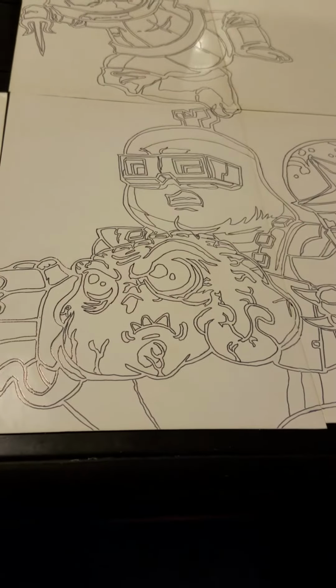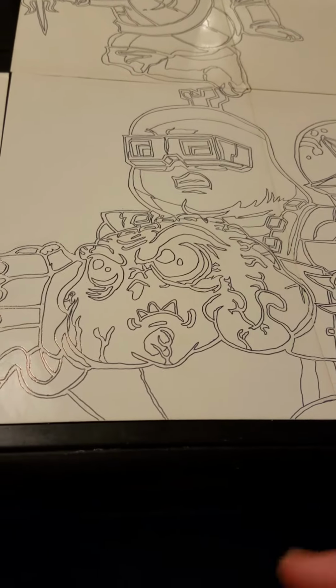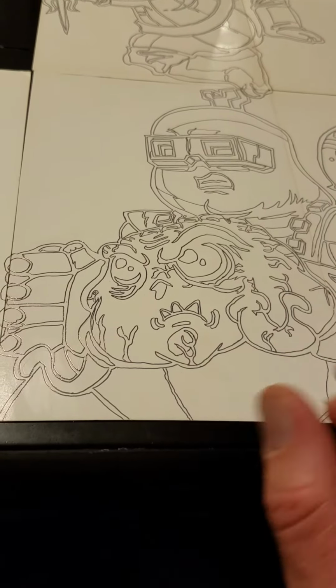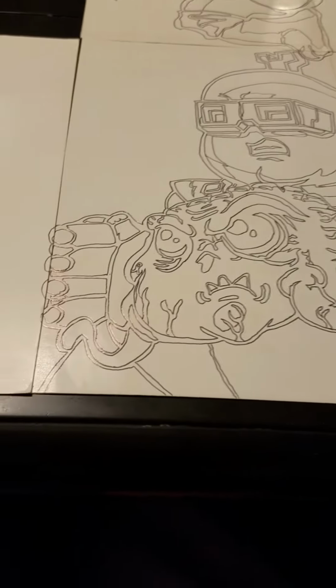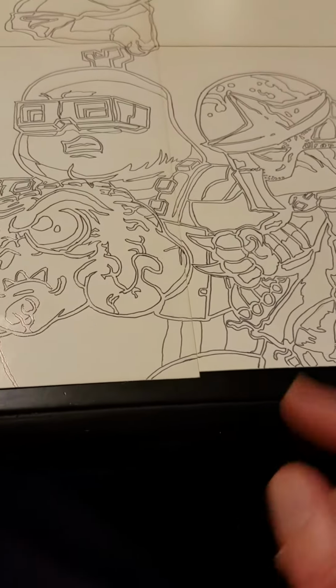Now I don't use a white marker, and especially like right here this chin. But what Rig was saying is that maybe I go either a darker pink or a lighter pink and let those white spots just really pop. And so I'm going to take him up on that advice, and I'm definitely going to do that, and hopefully it'll come out good. I'm really stoked about how it turned out